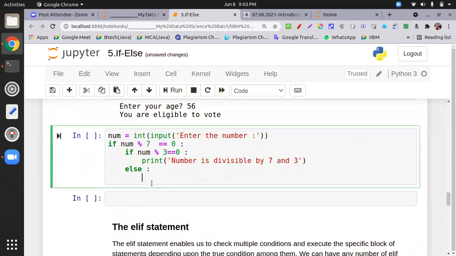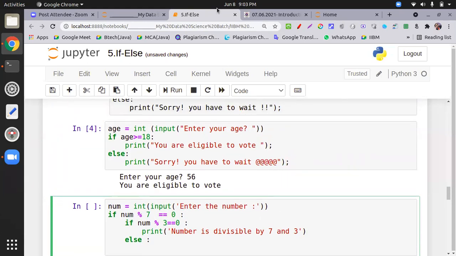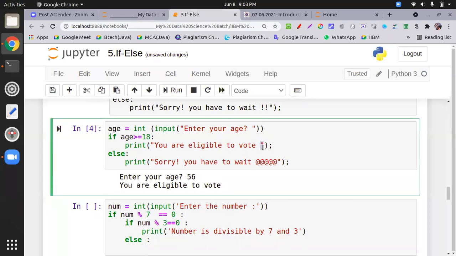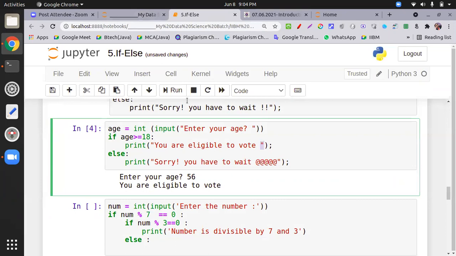Sir, one doubt. Yes, please. Sir, can you please explain double quotation or single quotation? See, in Python 3.x, x meaning 3.1, 3.2, 3.5, 3.7 versions, strings in single quotes and double quotes are the same. I explained this as part of literals, with the help of the type function where I print the data type. It returns the same data type, a string.